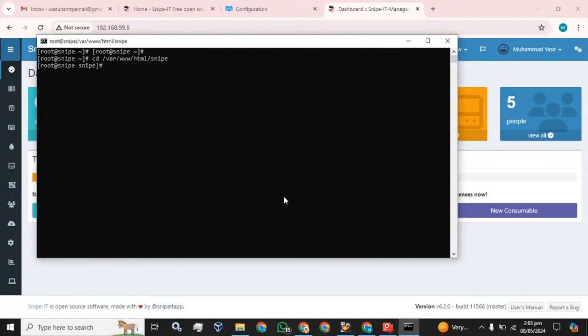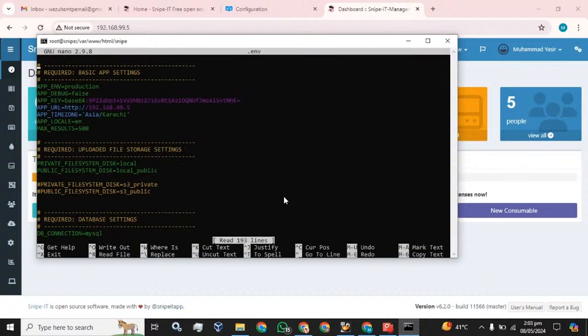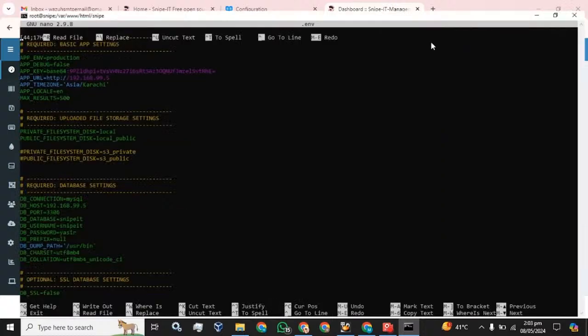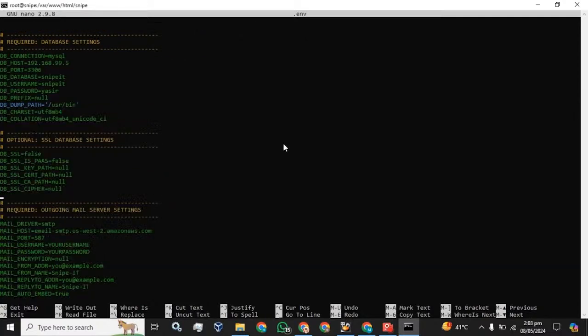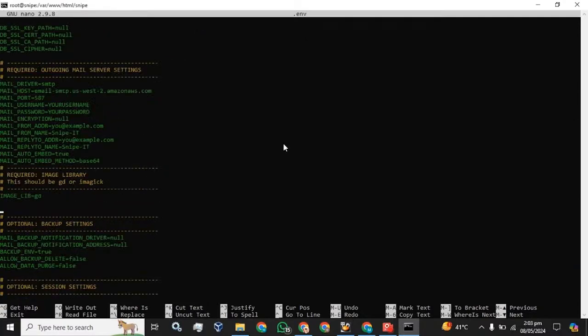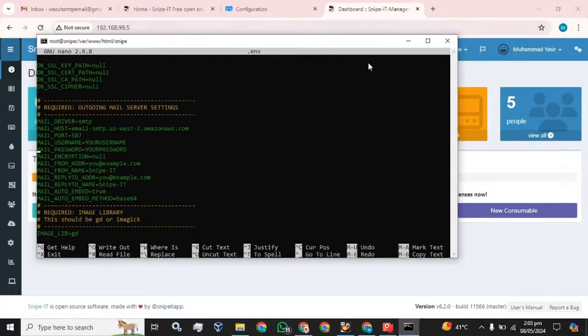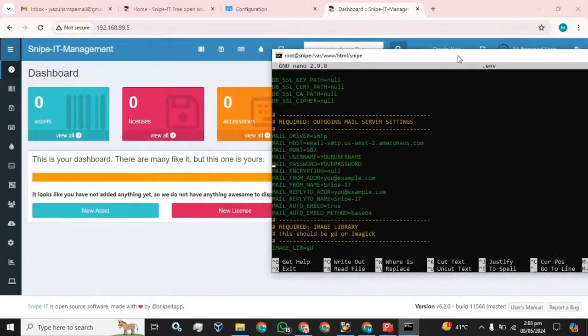After you move to this folder, I am going to type nano and the configuration file name. This is how the .env file looks like. We first have to scroll down a bit. Here, this is the outgoing mail server setting. As you can see, we have to configure these settings according to